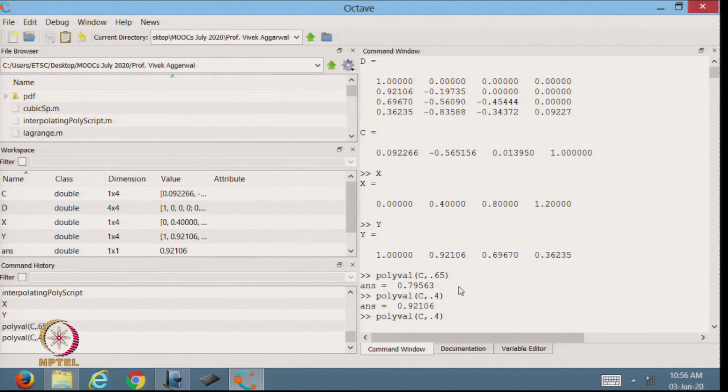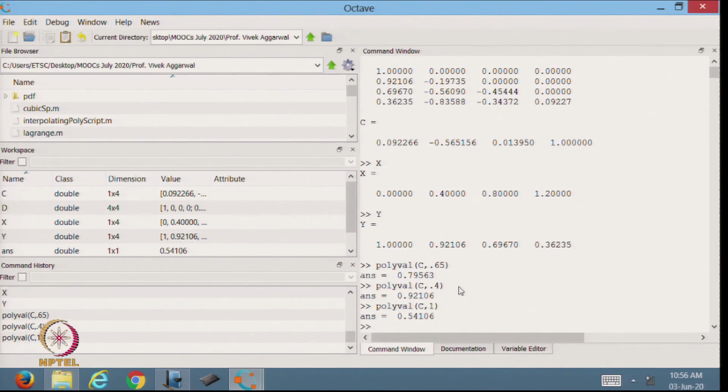Similarly, I can find the value at, suppose, 1. That is the value 0.4106. Once I know the cubic polynomial, suppose I want to approximate any values of x in between these values. I just put polyval.